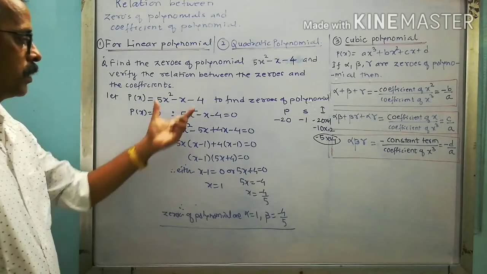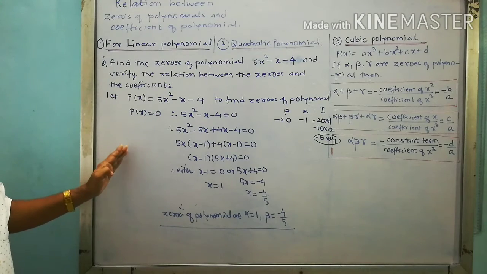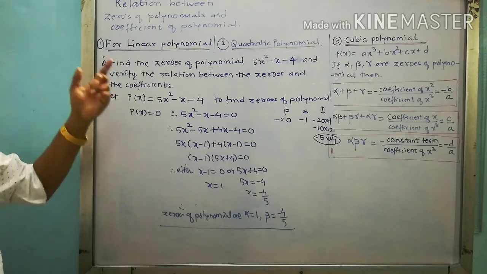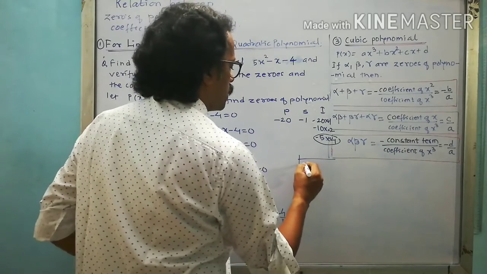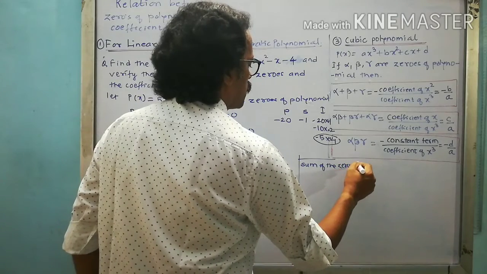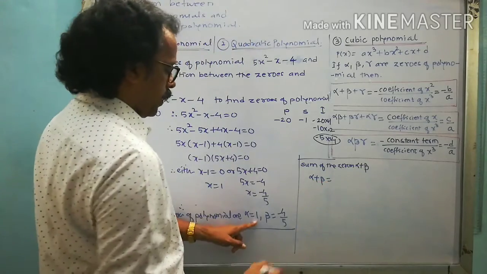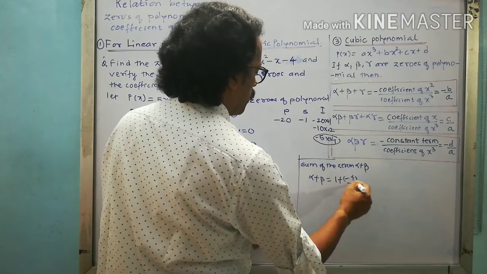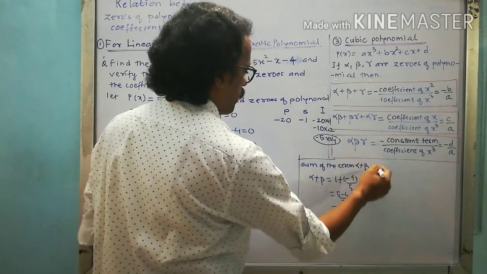What we said, we have just factorized that particular case and then we are proceeding further to find the relationship between zeros and their coefficients. Okay, now try to remember alpha and beta we got. Now we will consider the sum of the zeros. What is the sum of the zeros? Alpha plus beta. So alpha plus beta is equal to, what is alpha we have got? 1. What is beta we got? Minus 4 upon 5. So what you will get? 5 minus 4 upon 5 is equal to 1 upon 5.